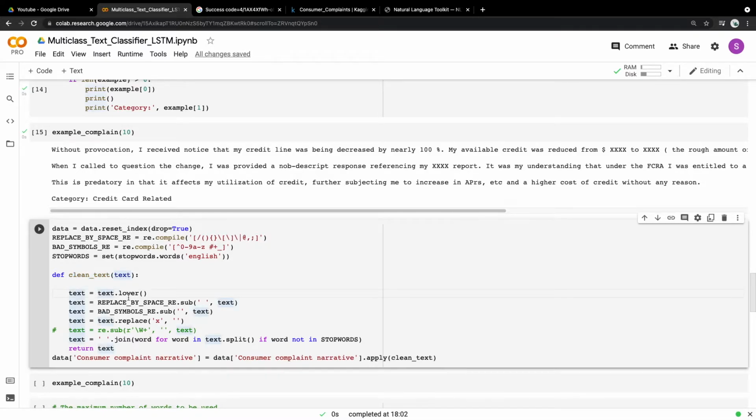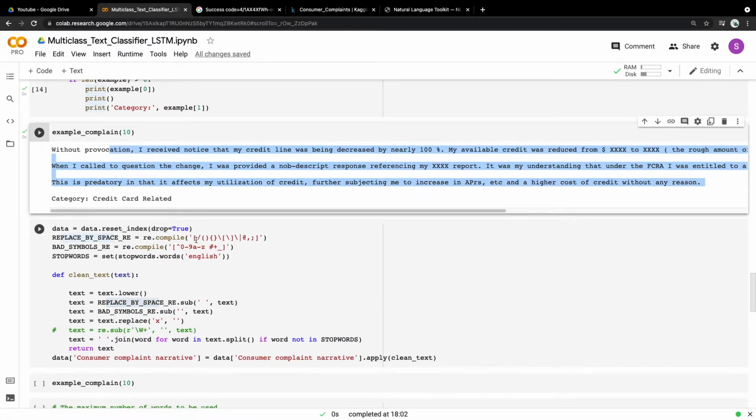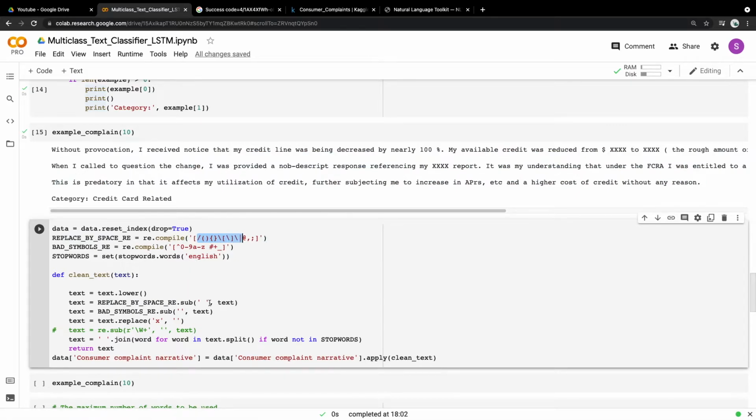With the help of a regular expression, we replace certain characters with a space. For example, if the data has any of these symbols, it will be replaced by an empty space. And anything which is not between 0 to 9 or A to Z or hash or plus will also be replaced with an empty string.